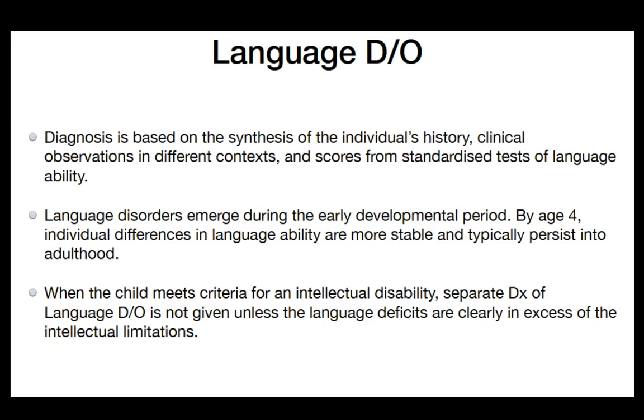from a language ability test is necessary for us to determine and validate that the person is likely to have a language disorder. And second, language disorders emerge during the early developmental period. By age 4, individual differences in language ability are more stable and typically they persist into adulthood. So likely if the person has difficulty in using the language at age 4, then it may persist up until